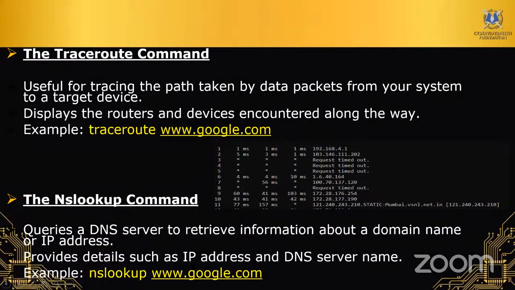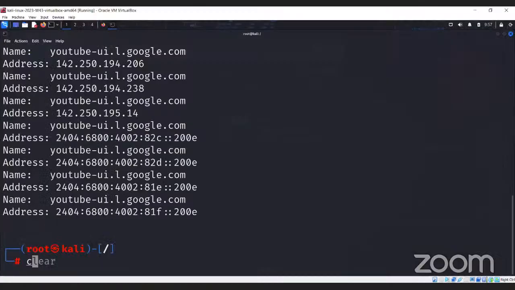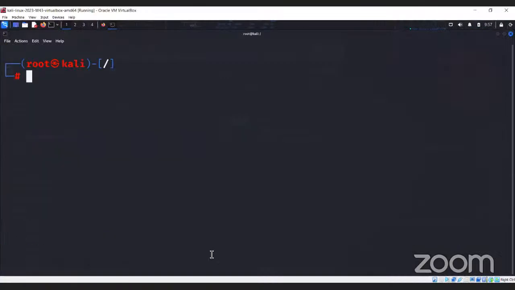For nslookup, we have some more options. You can see those options by using nslookup